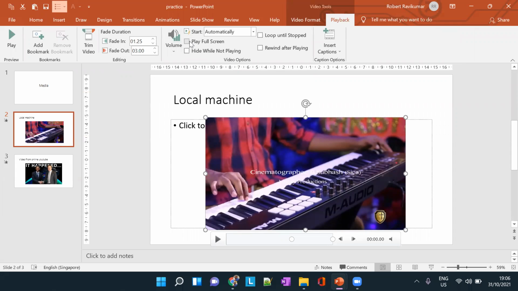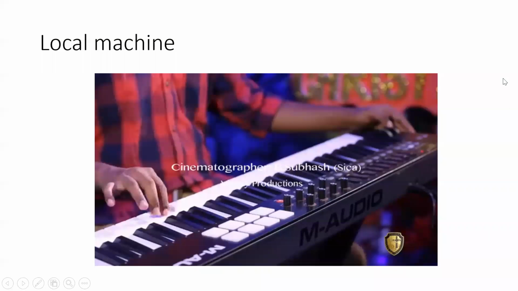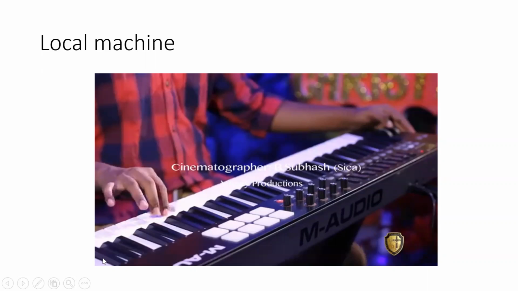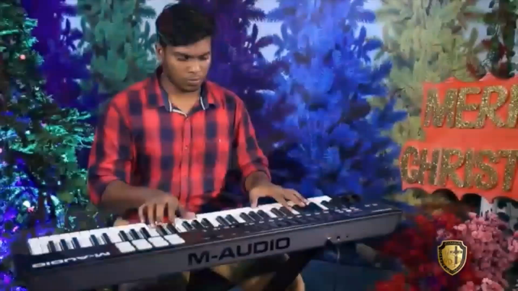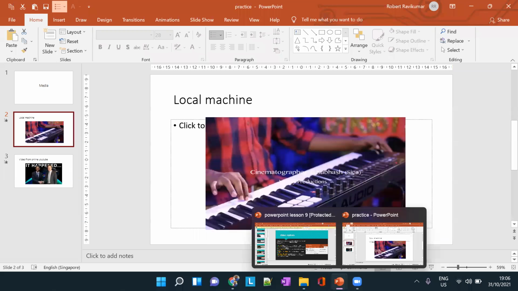Apart from that, play full screen. If you want the video to play full screen, you can do it. Last time it didn't play full screen; it was playing with the default size. Now the video will be played full screen and it will go back to the original size when the video is not playing. If I play the video again, it will go to the full size. So whenever the video is played, it will always play with the full size. This is how you control the size of the video.